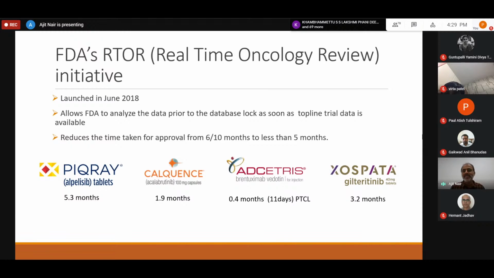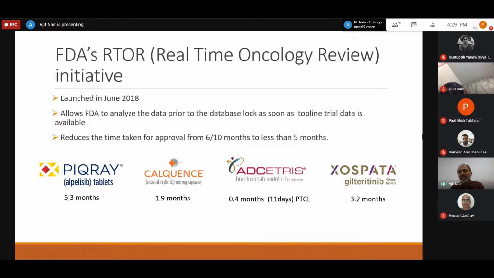Calquence, acalabrutinib from AstraZeneca, got an approval in about 2 months. Adcetris from Seattle Genetics, brentuximab vedotin, got an approval in 11 days. But remember, brentuximab vedotin was already approved for another cancer. This was a supplemental new drug application. So when you have a supplemental new drug application, you're basically increasing your label, which means that Adcetris was approved for classical Hodgkin's lymphoma,